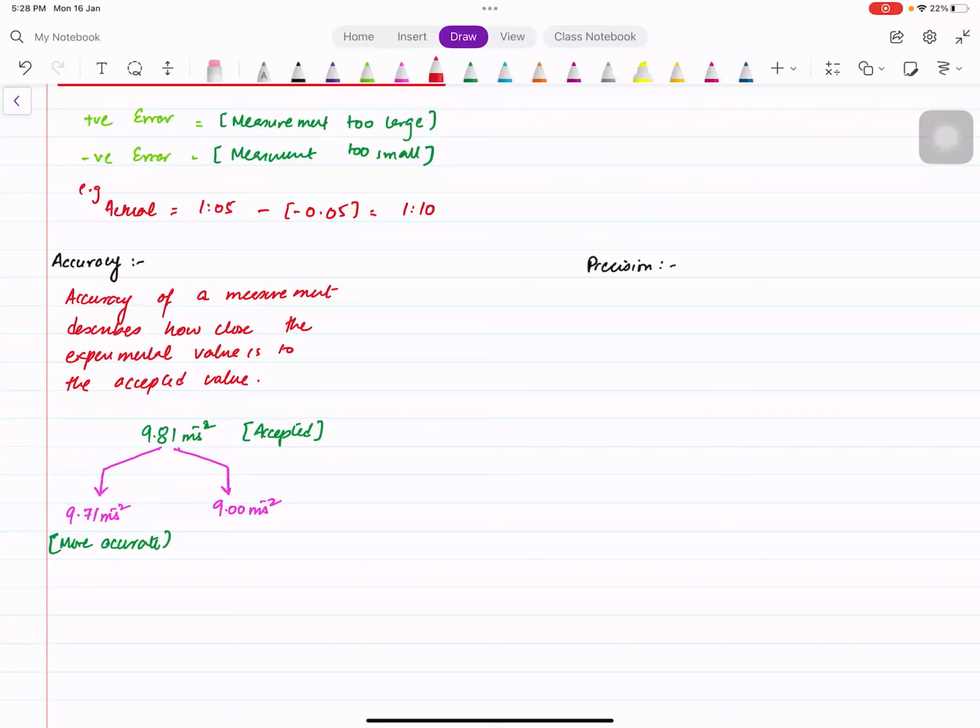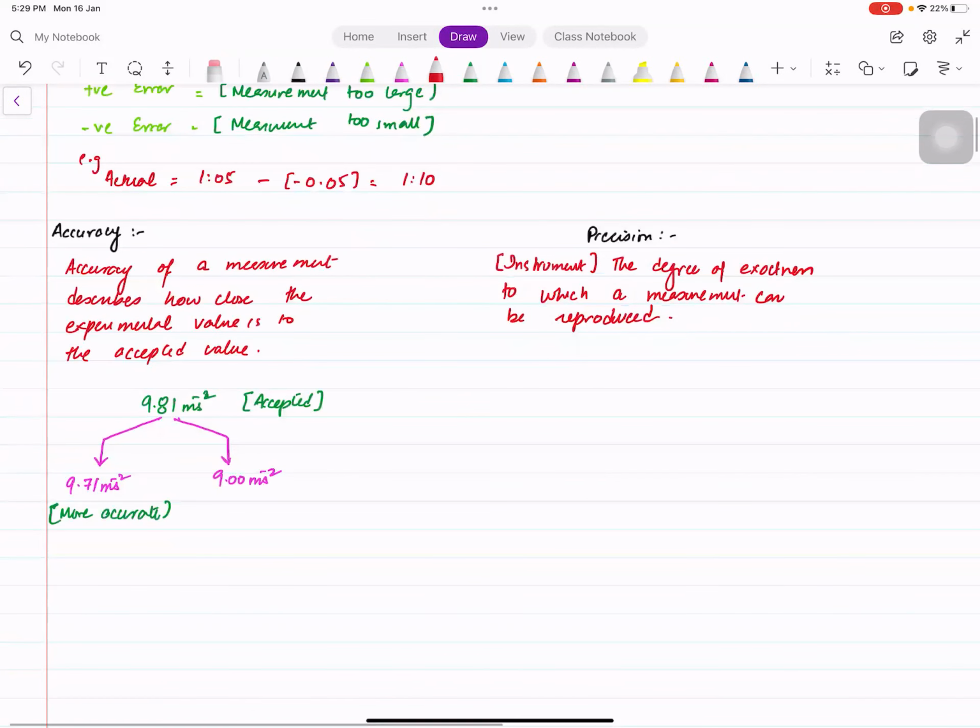So, the first definition is related to an instrument. So, if the examiner is talking about an instrument, for example, the examiner is comparing a micrometer screw gauge and a ruler, you'd say that it is the degree of exactness to which a measurement can be reproduced. So, what I mean by this is like if you measure the thickness of a paper using a ruler and